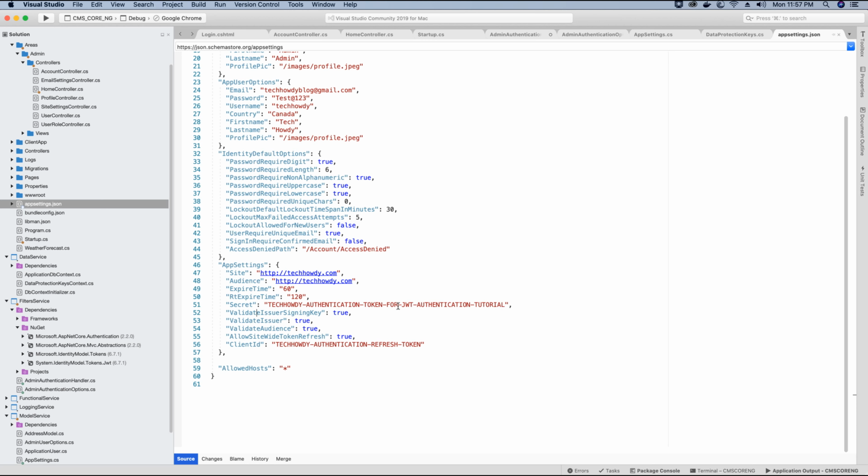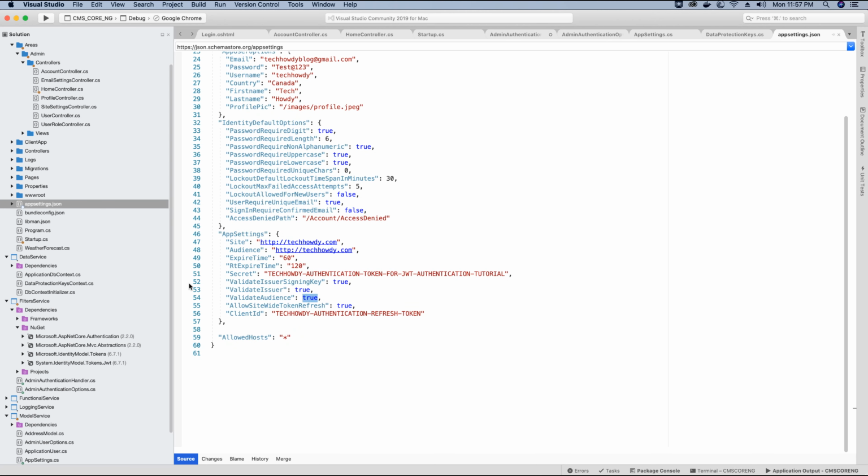So the sign-in key, we need to validate that the token is signed, so I have set it to true. We need to validate the issuer of the token, the property is set to true. The audience, we need to validate the audience, so it's set to true. And do we need to allow token refresh within our website? I have set the setting to true, and the client ID needs to be added for the cookie, which